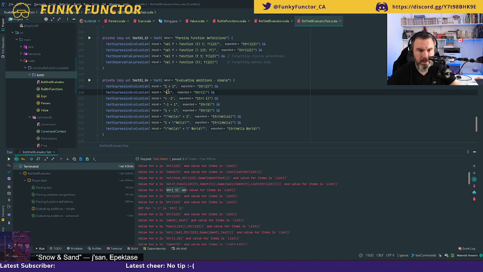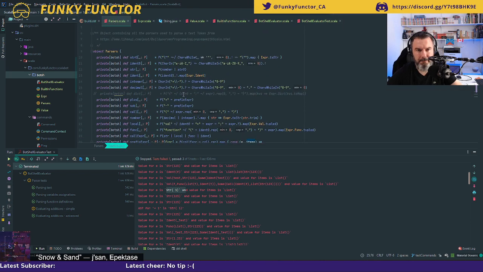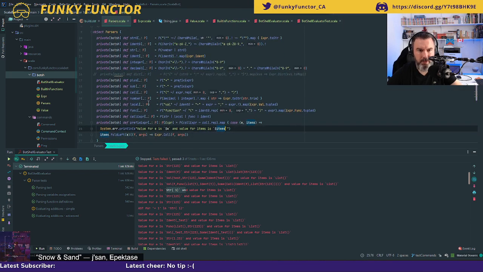So this part is seen as a string, but it should only consider the 1 and not the whole thing. So my string should be either a number or string 0.